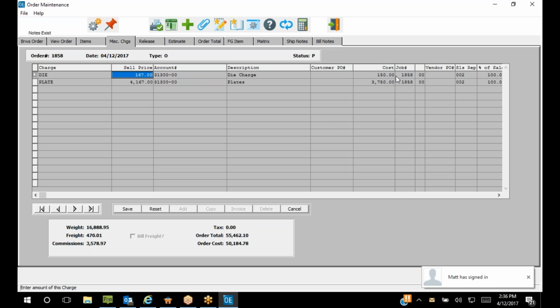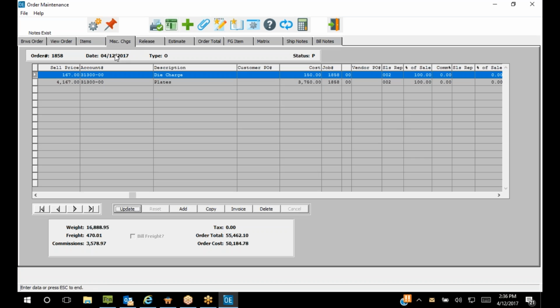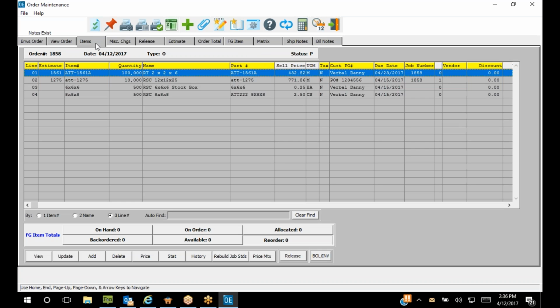But what you'll notice is you also can put in the exact job number, the sales rep. You can have different commission percentages, whether or not it's taxable or not. So that's all your miscellaneous charges. The only other thing I want to point out on the order entry system is you have shipping notes and